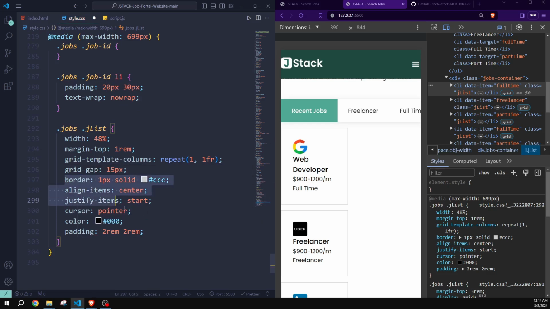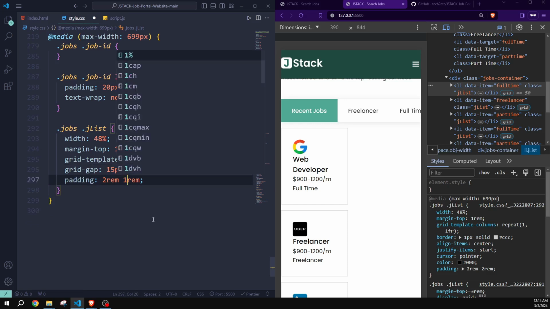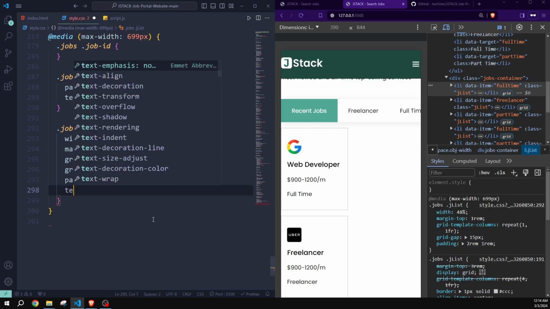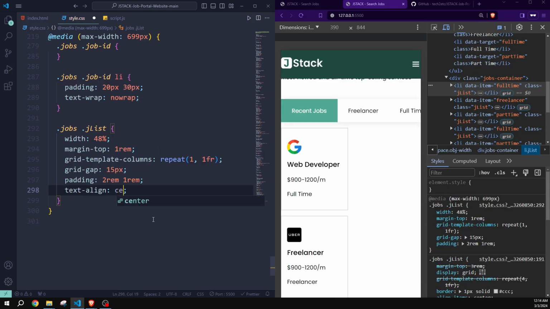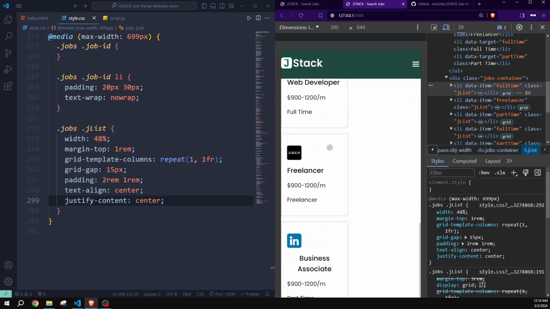And then I don't want to change any other things from here, but I will change the padding. And the padding from top and bottom will be 2 rem, but from left and right it will be 1 rem. That's it. And then I will align the text and it will be center. Then justify content will be center as well. That's it. But here you can see that now these boxes are in 1 column, but I want